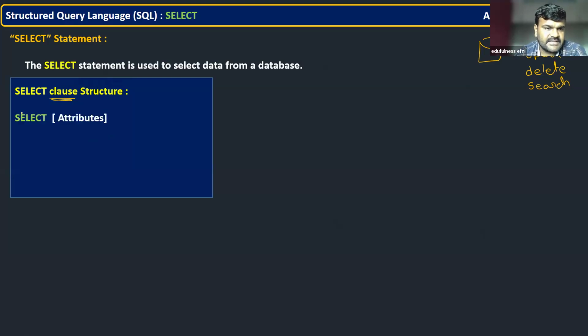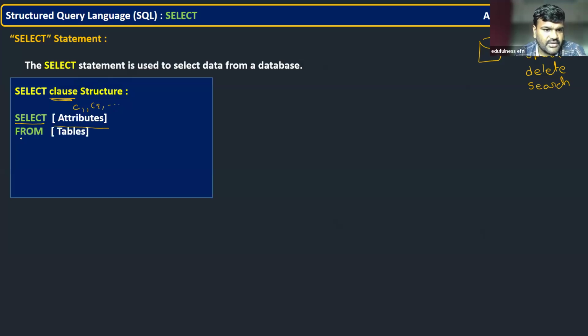So first of all, in select, this is a command you should use in exactly the same manner. And you are going to mention attributes. What is the meaning of attribute? Come on. Columns. Yeah, it's a column. Previously we saw, right? So the columns you need in the output, you are going to tell here actually, after the select clause.